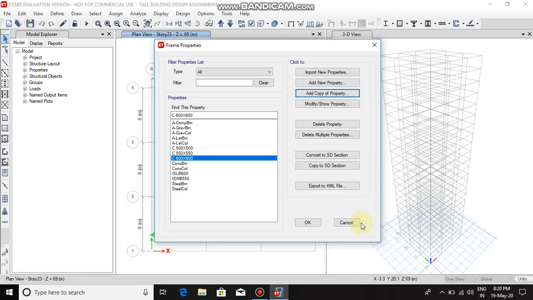Click on OK. These three columns have been defined. Now define the fourth property, which is the combination of these three columns.